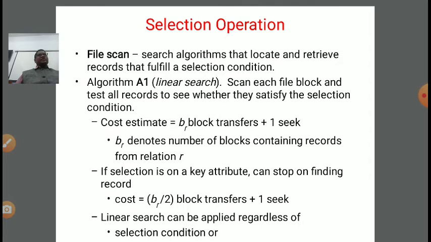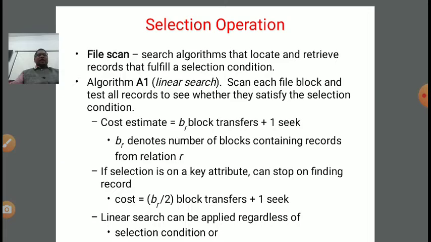So in sequential manner, starting from first to last, checking every possibility is called linear searching, right? We scan each file block and test all the records to see whether they satisfy the selection condition or not.